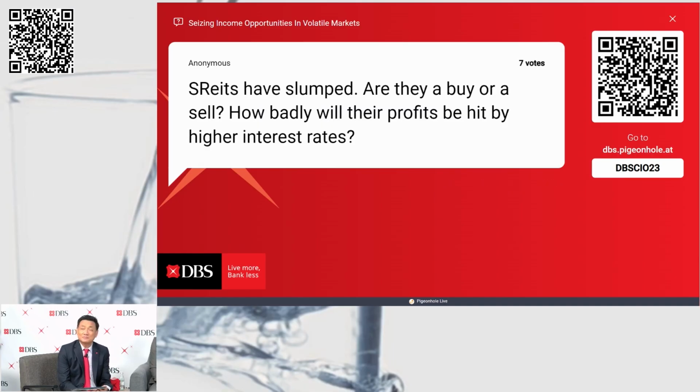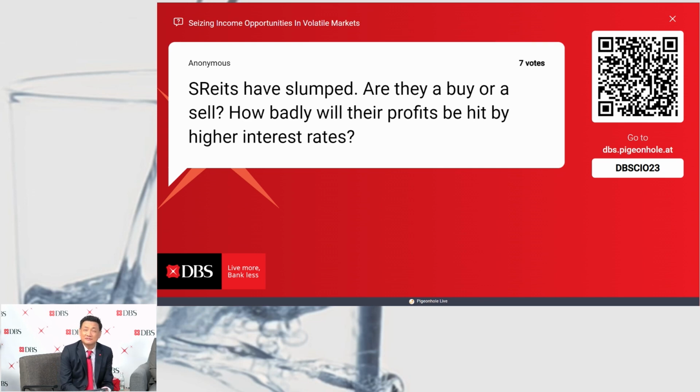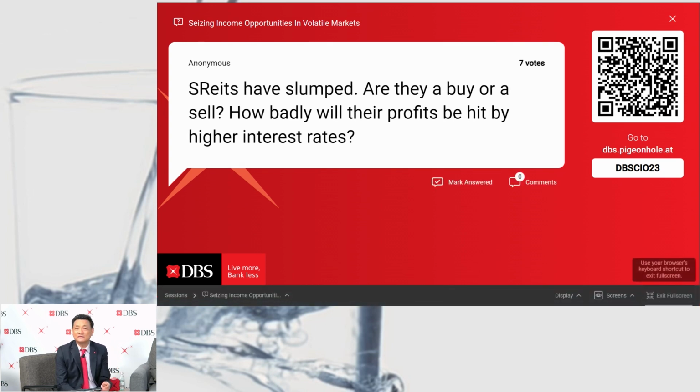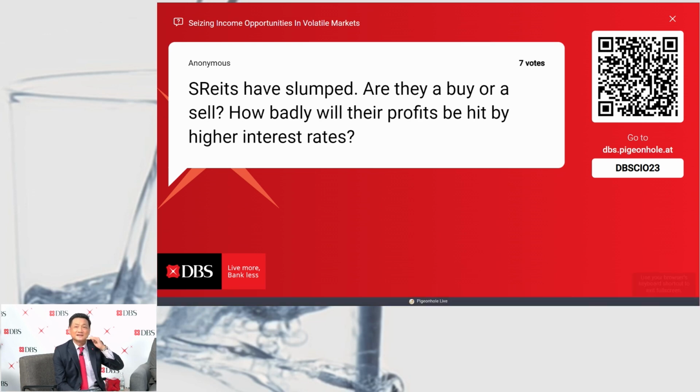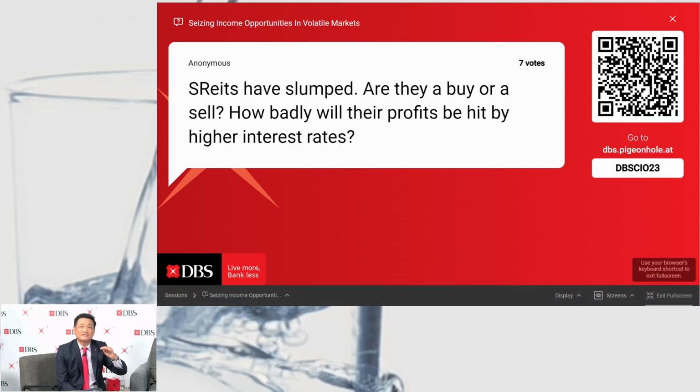So that's true. Singapore REITs have come off a fair bit. Today, because of the price depreciation in the order of 10 to 15%, the dividend yield is in the order of 6 to 6.5%. And that clearly is attractive vis-a-vis bonds. I mean, we were seeing bonds are in the region of 6%. So we think REITs have a place in our income-generating part of our barbell portfolio.